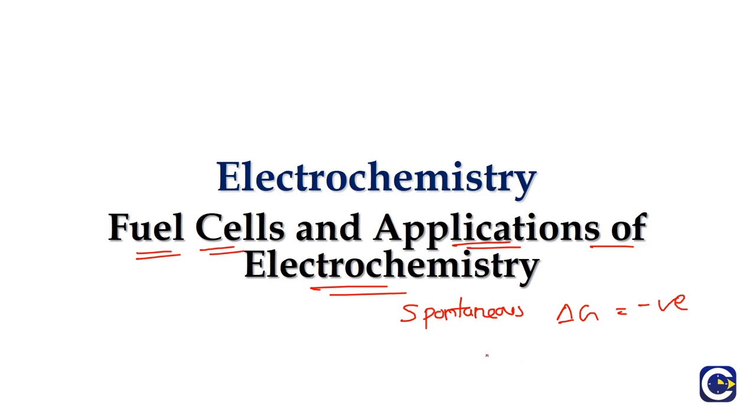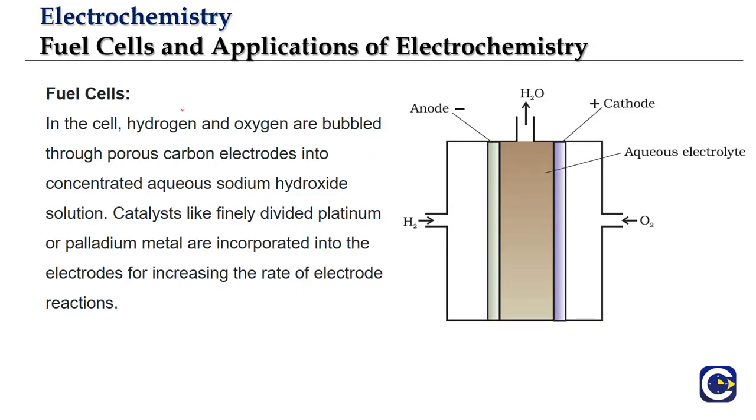If you think of a chemical reaction as a redox reaction, we have the reduction part, which can be seen as a cathode, and an oxidation part, which can be seen as an anode. We can visualize this as an electrochemical cell where delta G is negative, which means E cell is going to be positive. So we'll see how we can understand the common spontaneous reactions happening around us from the electrochemistry point of view. Now, starting with the fuel cell.